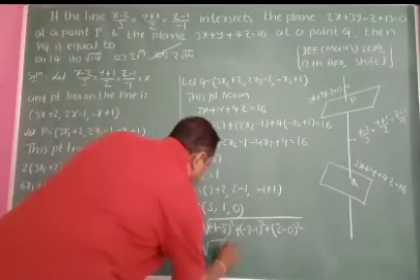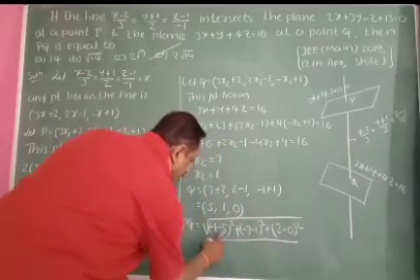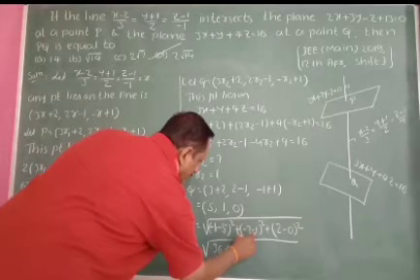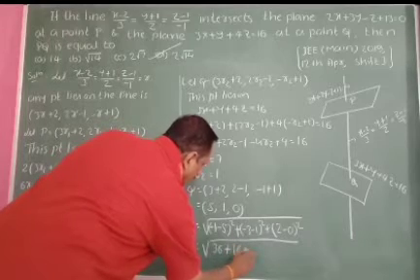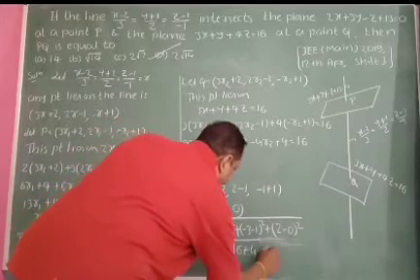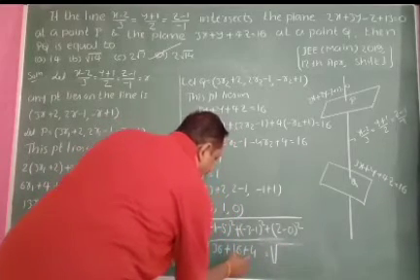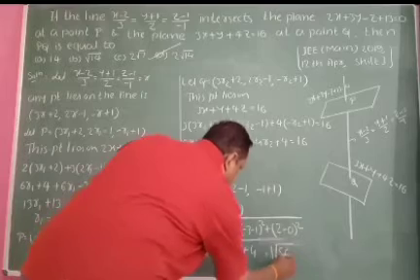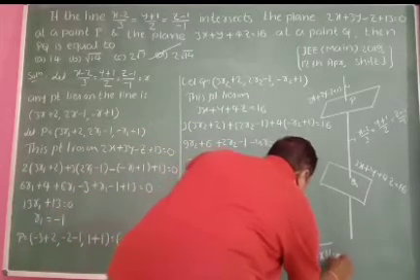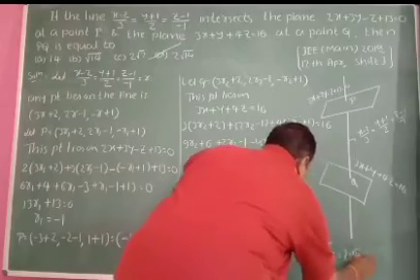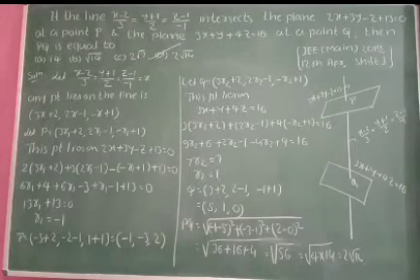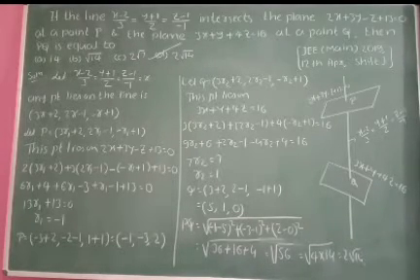Therefore root of (minus 1 minus 5 is minus 6) squared, which is 36, plus (minus 3 minus 1 is minus 4) squared, which is 16, and 2 squared is 4. Hence this is equal to root of 16 plus 4 is 20, plus 36 is 56. So it gives the root of 4 into 14, which is 2 root 14. Therefore the answer is 2 root 14: the distance between the points P and Q is 2 root 14.